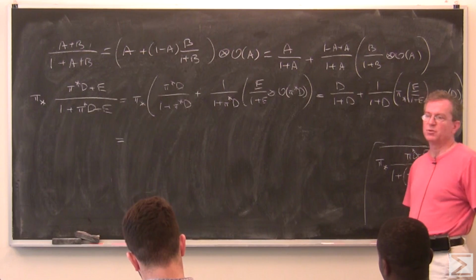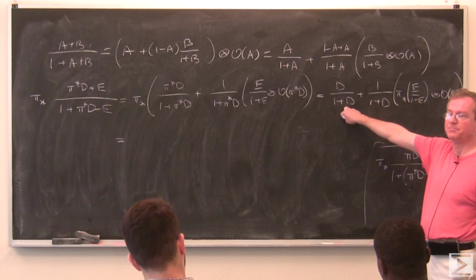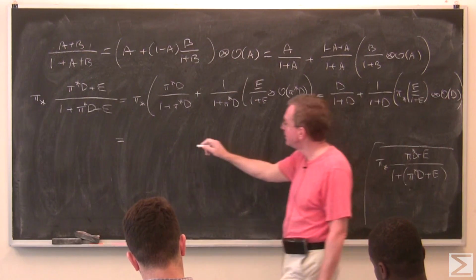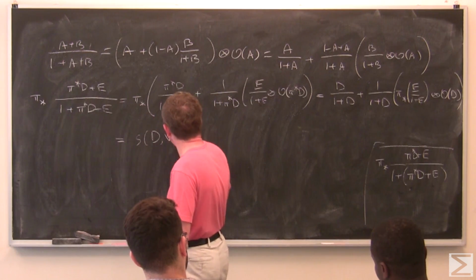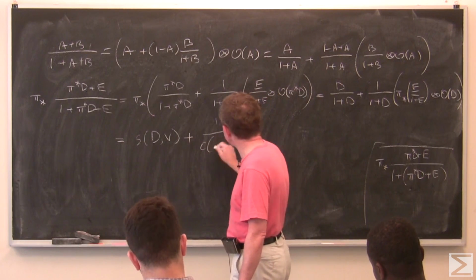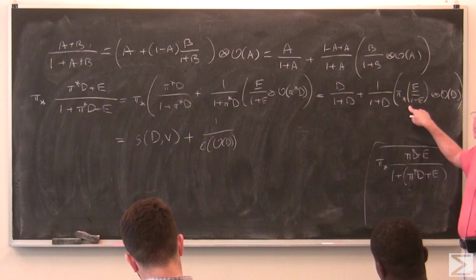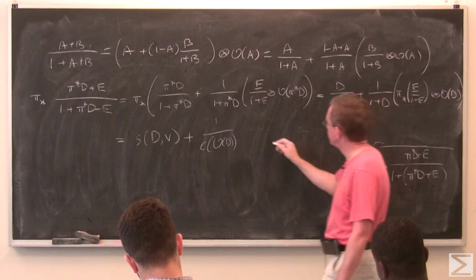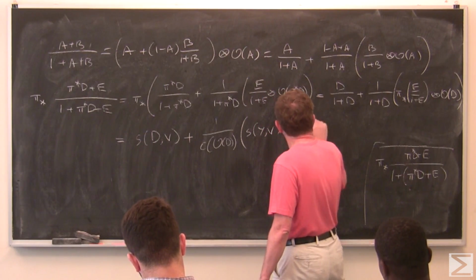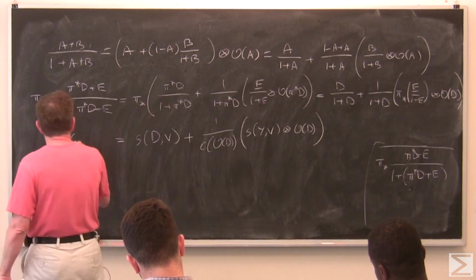Oof. I'm so happy I'm through this. This was our problem. What's d over 1 plus d? It's the Segre class, right? D in d. And this is 1 over the Chern class of the normal bundle of d. What's pi lower star of e over 1 plus e? That's the Segre class of the other thing, which I called y, if I remember correctly. There we go. So this was the computation that led to